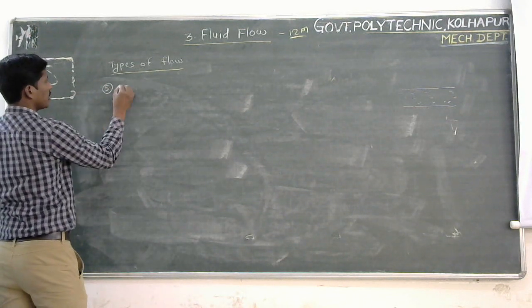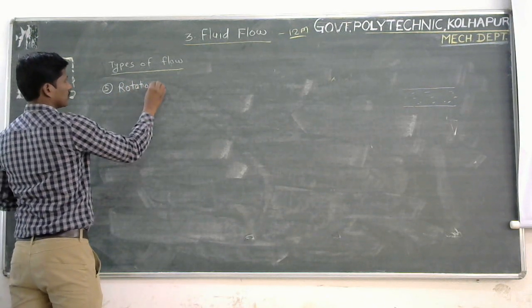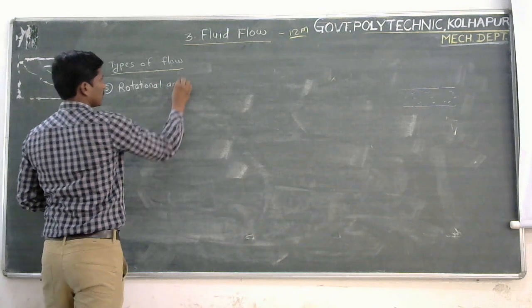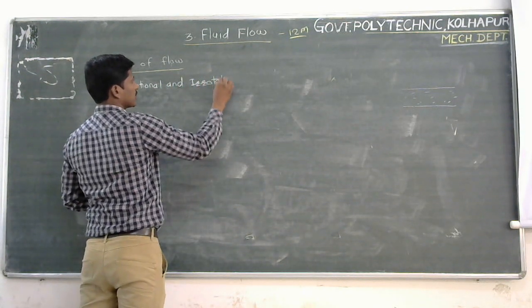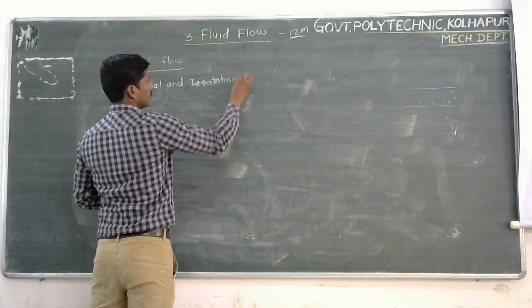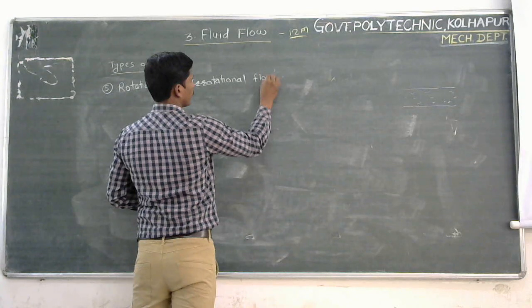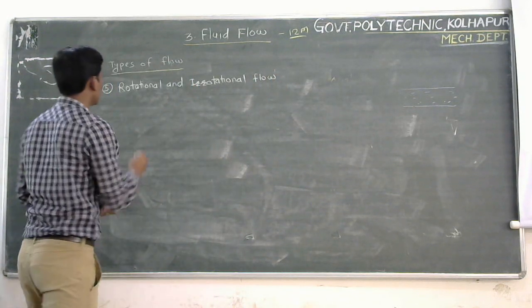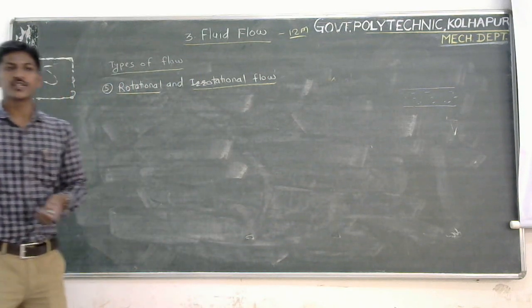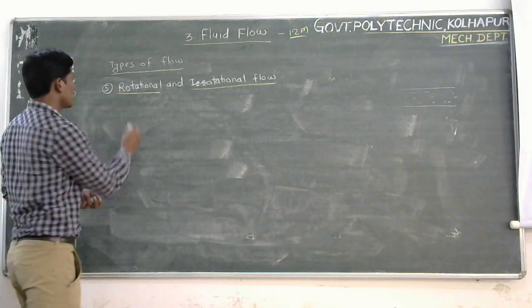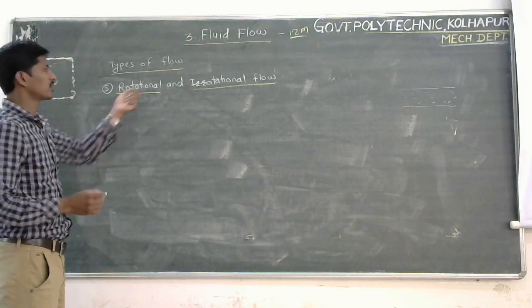Fifth type of flow, that is rotational and irrotational flow. So what is meant by rotational flow? Rotational flow is defined as